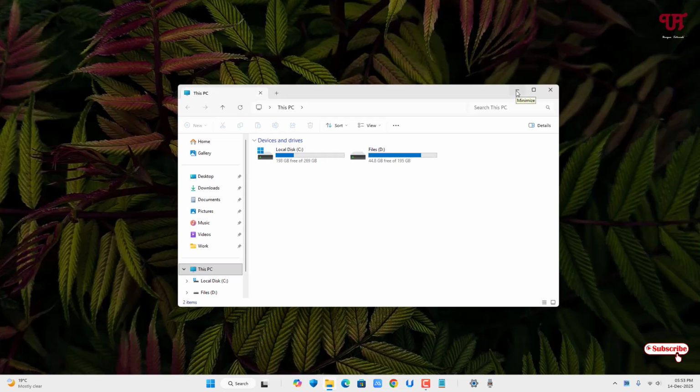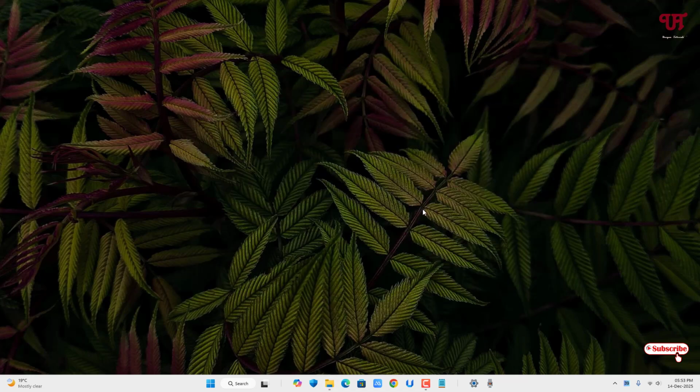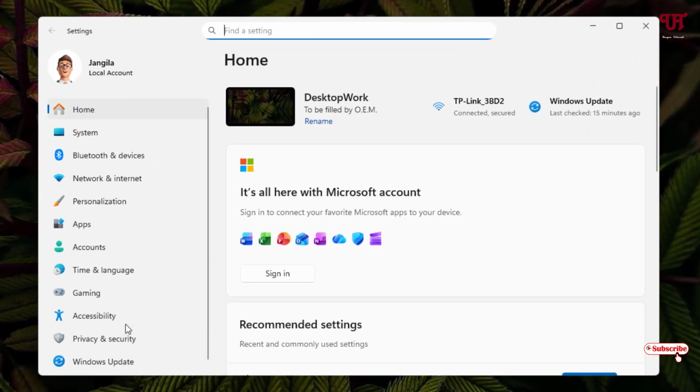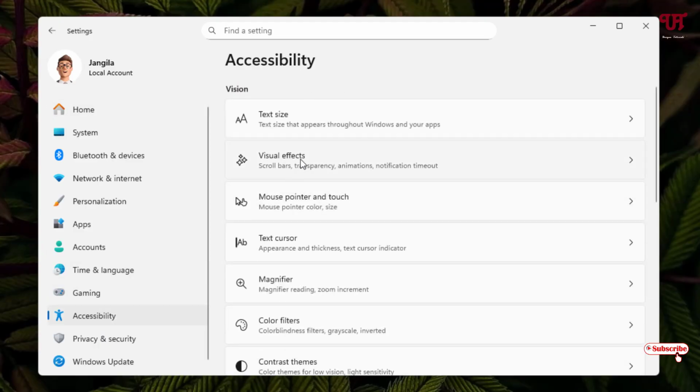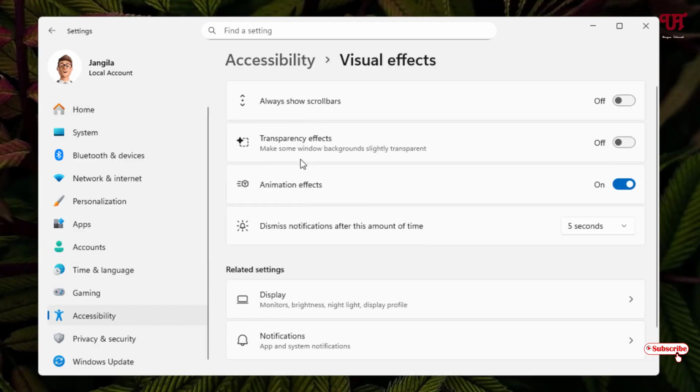In order to disable or enable all animation effects in a Windows computer, what you need to do is just open the settings. Now on the left side you can see Accessibility, just click on it. Now on the right side you can see Visual effects, just click on it. Now you will see the Animation effects option. By default this option will be turned on, so if you turn it off, and now if I try